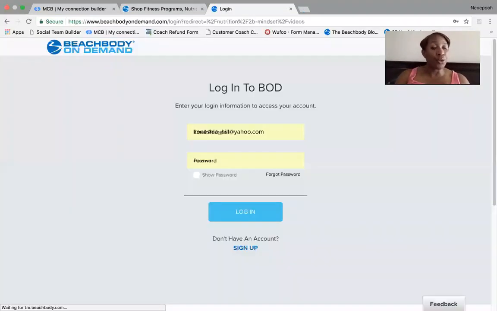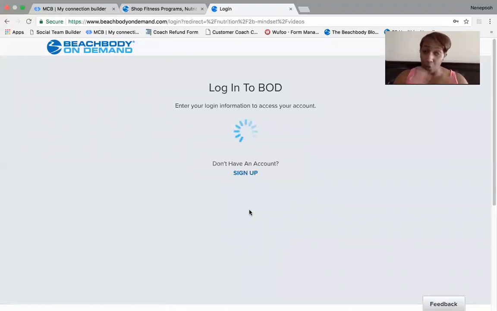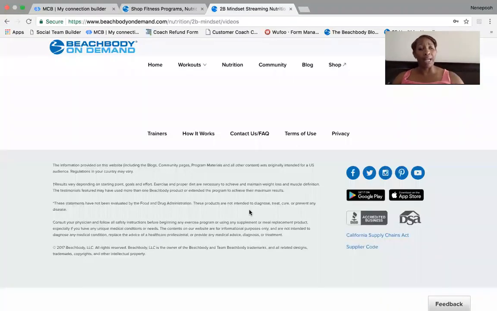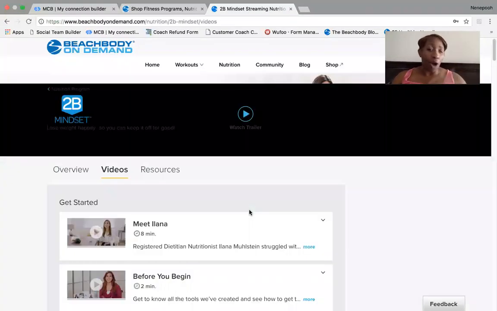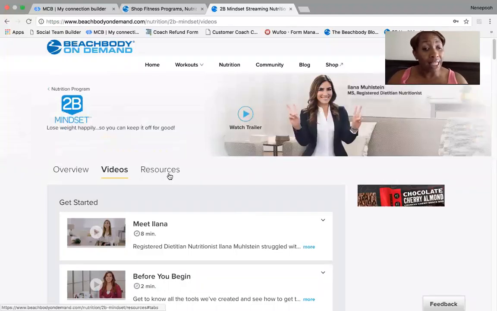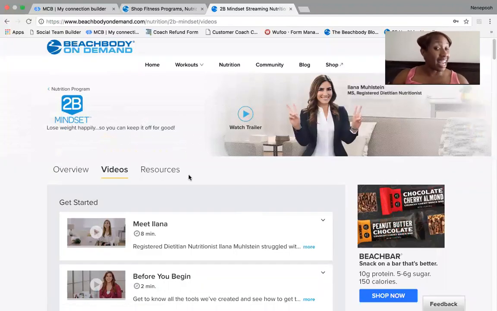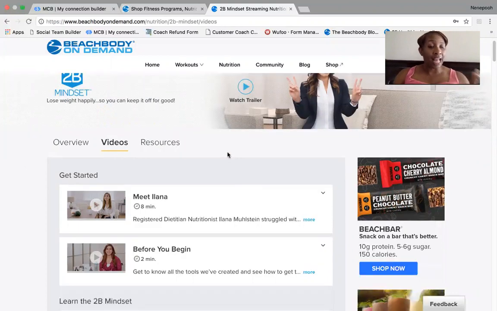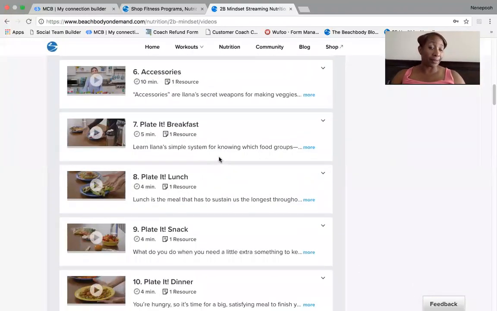It's going to kind of reroute you, kind of look the same, but once you sign in, because you've created a login, it's going to take you straight to the nutrition tab. So it saves you from having to go through the Beachbody On Demand, clicking, when you sign in, and it takes you directly to where you need to be. And again, you should already be signed in, and so you can start clicking on these videos.